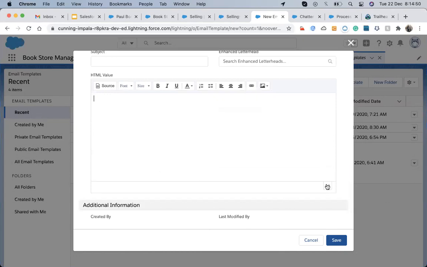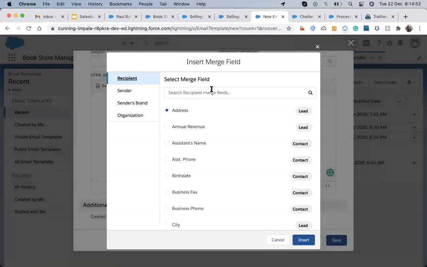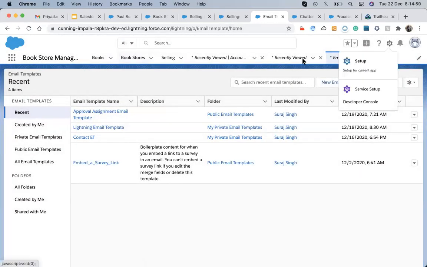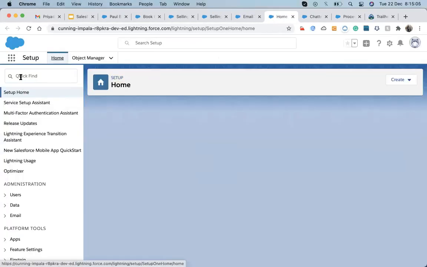It's not available up here. It's not available for that. Let's create.